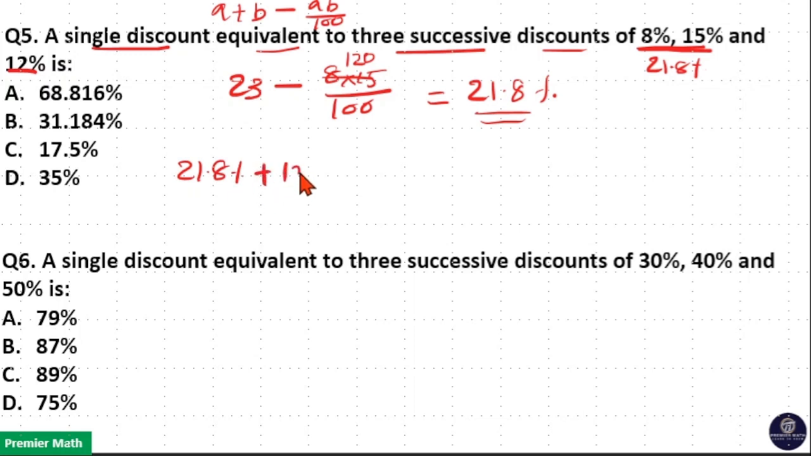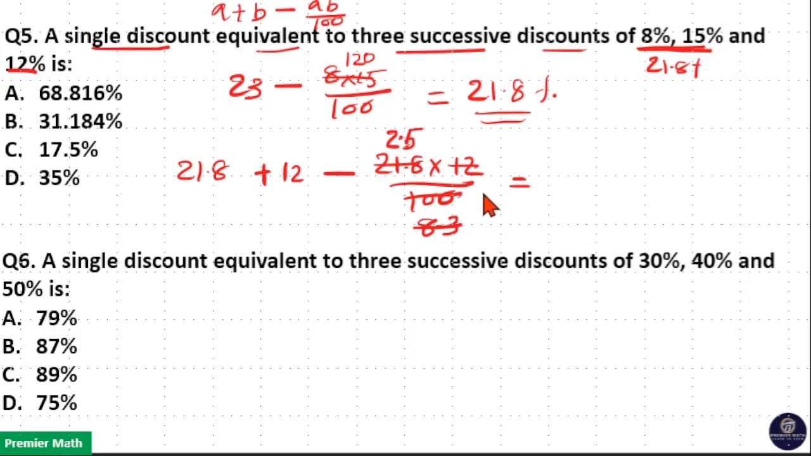21.8% plus 12% minus 21.8 into 12 by 100. Now here 12 goes 8 times in 100. 12 into 8 is 96, remaining 4. So 12 goes around 3 times. So 8.3 goes around 2 times in 21.8, remaining 4. So this will become 2.5. Now this can be around